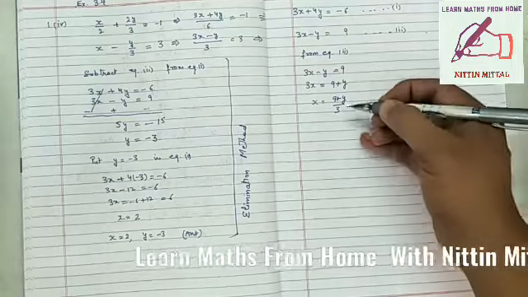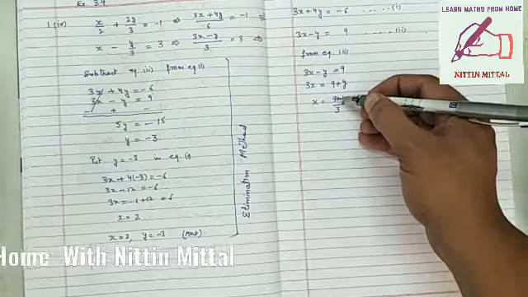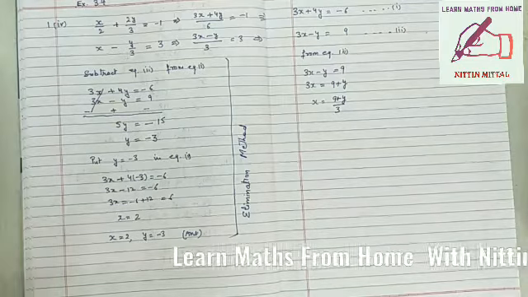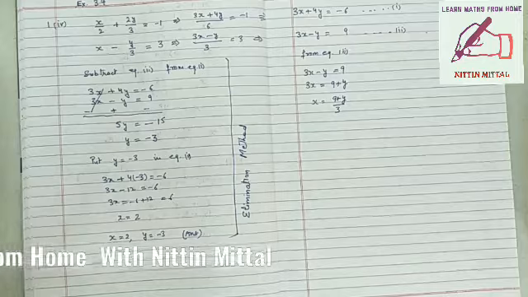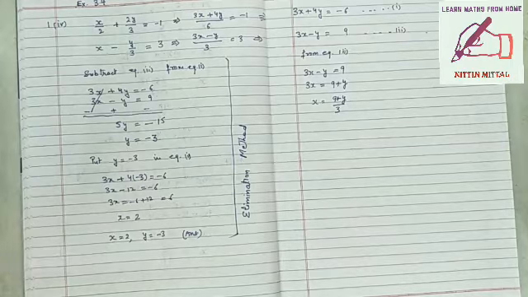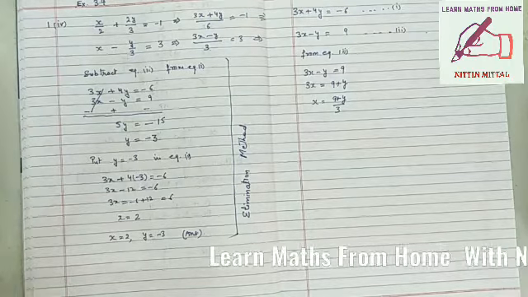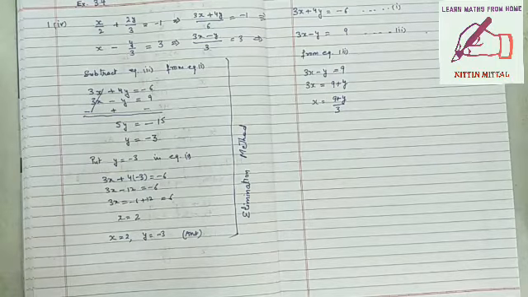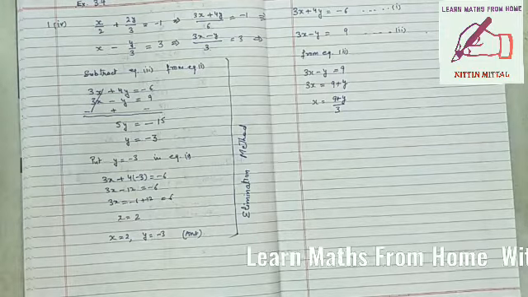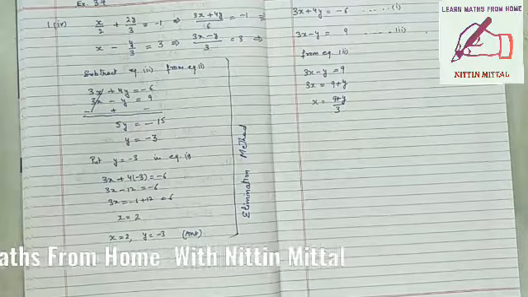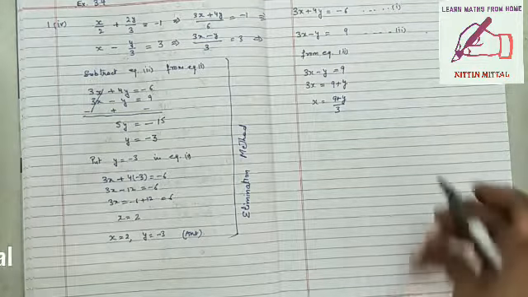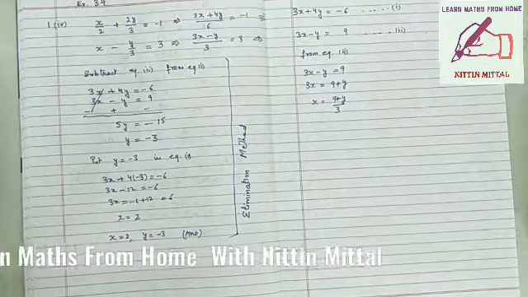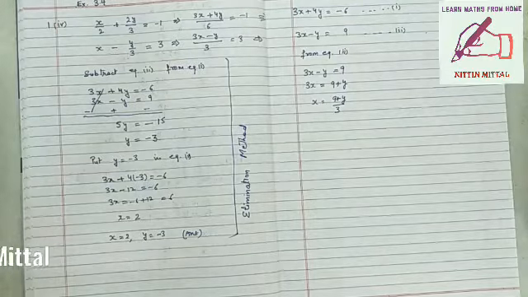Students, you cannot cut this 9 by 3 because 9 is not alone. It is 9 plus y binomial term, so you cannot cancel it. So some students, they used to do wrong in paper. When they solve, they used to cut 9 by 3. So let me clear you, you cannot cut here because numerator is a binomial term and you can't cut any single part of binomial term, right? So we have x equal to 9 plus y over 3. This we got from equation 2. So we are going to substitute in another equation, that is equation 1.